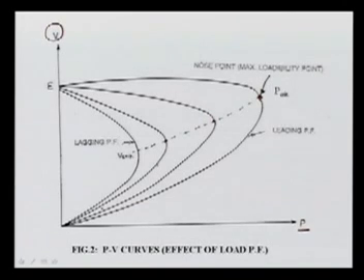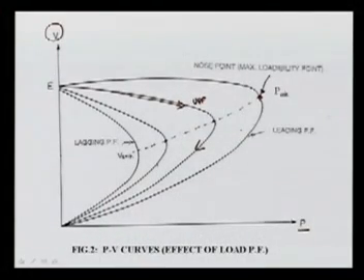Now for different power factors the curve will be different. This curve here is for your unity power factor, UPF. Then it depends on the power factor of the load, that is, on Q, whether it is plus or minus. If it is minus, that means it is a leading power factor load, and for that our curve is here. Now what we can see is that the P at this nose is called the P critical, and the voltage there is the critical voltage.